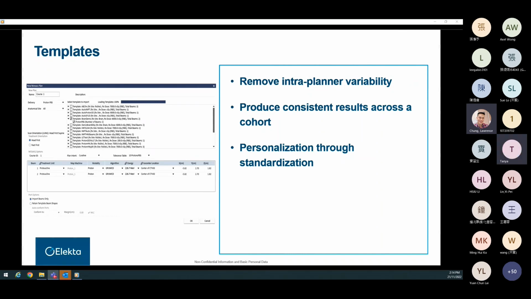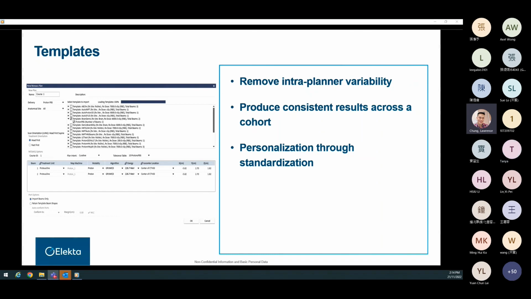So they include things like your treatment units, your algorithm, your energies, your ISIS interposition, but it also has things like your plan parameters, your IMRT constraints, and now in the new versions of Monaco, your dosimetric scorecards. So they really work well together to allow you to have all the tools available to plan quite quickly